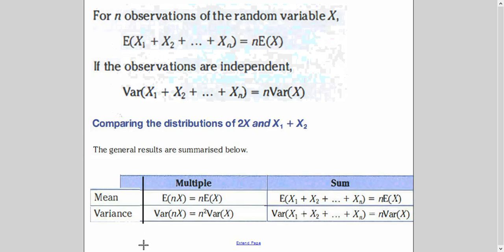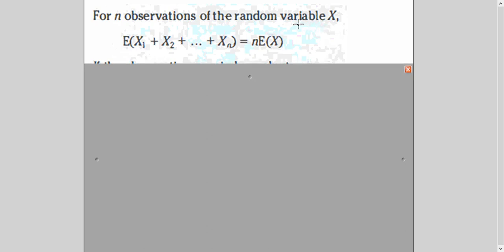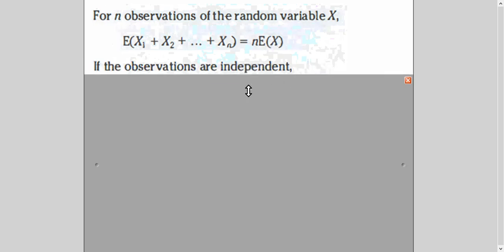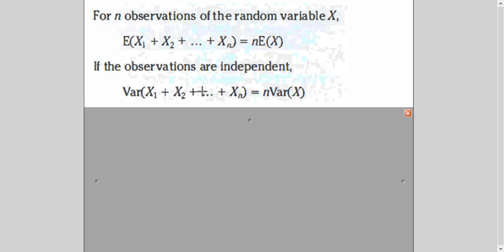Now, for example, you have a random variable x. Let me hide the rest so that you can focus. So you have a random variable x and you take an observation from the same variable, right? To find out the mean, you will add up the mean of each and it is the same basically. So you can say n times mean of x, because if I'm taking 6 times, it is this plus this plus this plus this 6 times. So n times mean of x. Similarly, for the variance, you will add up variance 6 times of the same variance of random variable x. So it is n times variance of x, right?